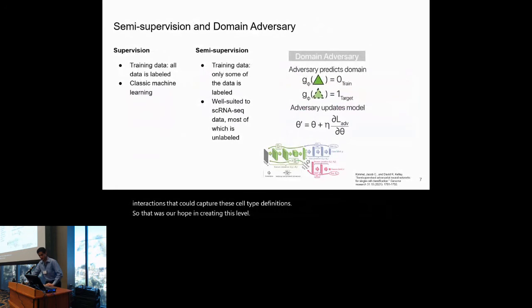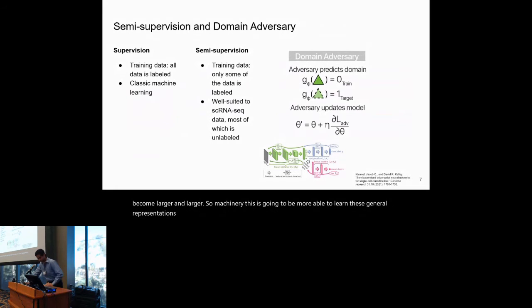And the second machine learning paradigm I want to introduce is semi-supervision. So supervised learning is the classic case in which all of your training data is labeled. And semi-supervision, in contrast, only some of the training data is labeled. And this is particularly well suited to single-cell RNA sequencing data because most of the data out there is unlabeled and it's constantly being generated. Data sets are becoming larger and larger. So a machine learning model that exploits this is going to be more able to learn these general representations of